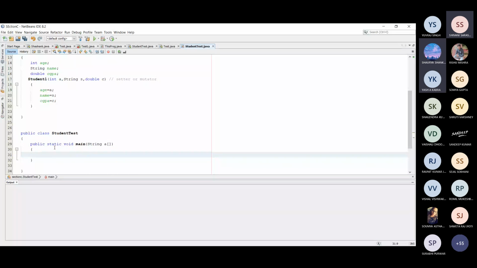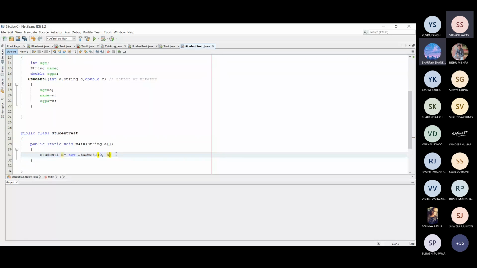And here the first line is where I create a student class object. So Student1, suppose s is equal to new Student1.